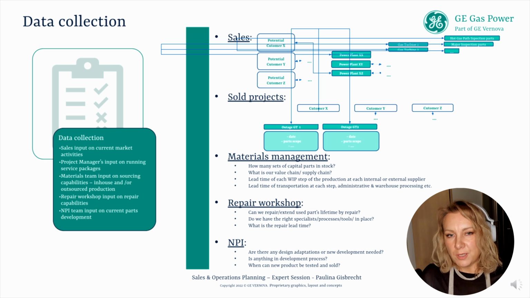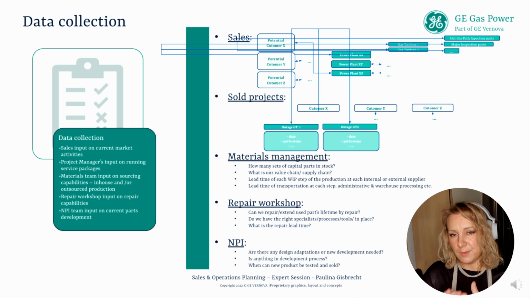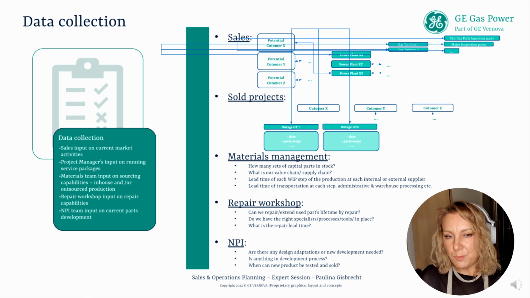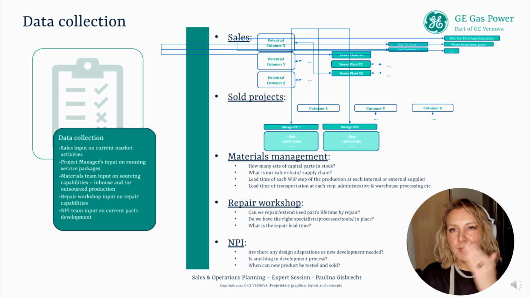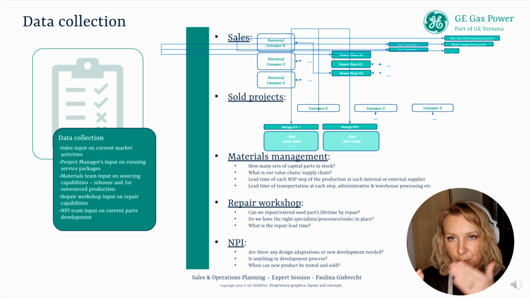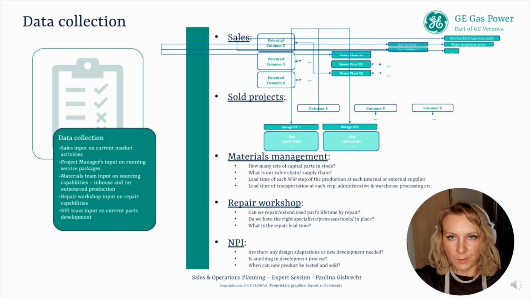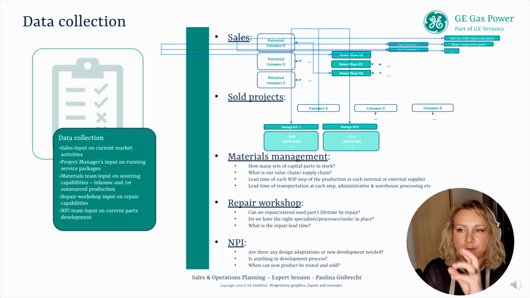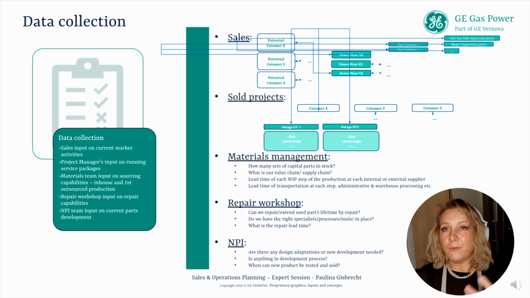Then, which outages have we signed? So what are our demand dates to serve the customers? Then with the materials team, which parts do we have in stock? Which parts can we produce? What are our value chain steps? What is the lead time of the set? What is the lead time of the product production? And what is the lead time of every component of the product, and sometimes even of every production step of each component. So basically broken down to the maximum level of detail to be flexible,